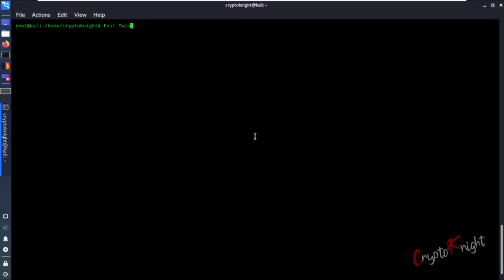So as the name suggests, evil twin, what do we mean? For example, there is one access point, or one Wi-Fi in easier terms, called crackme, the one we took as an example in the previous tutorial. What an attacker will do, the attacker needs to have an external adapter for sure, that goes without saying. And for you also to perform this attack, you would require an external adapter.